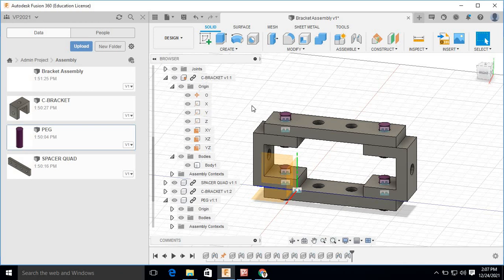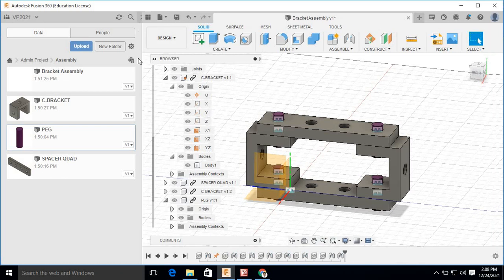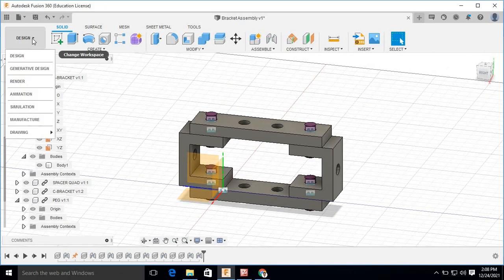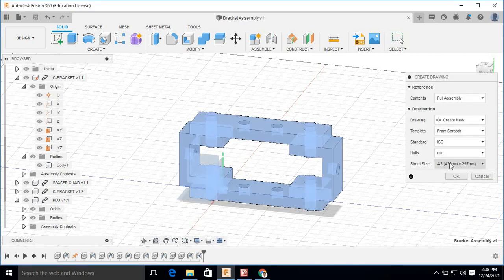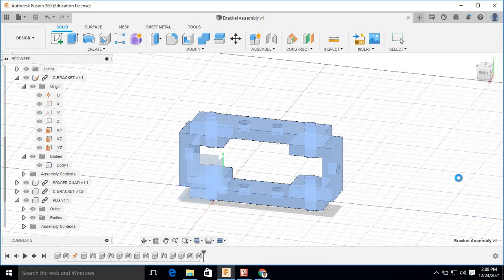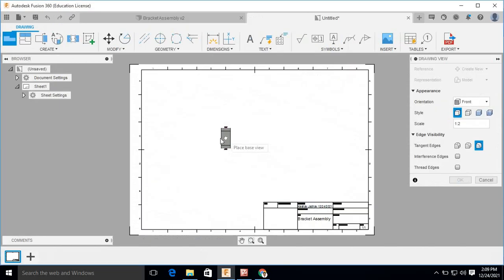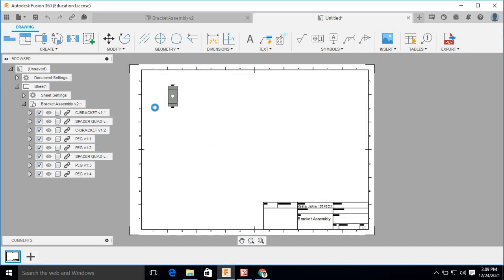Now we have to create its front view, top view, side view, and we have to create the bill of material for this. So let us close this and click on design, then drawing, and select from design. So here we will select A3 size sheet and all units will be in mm. So click OK. So we can see here this A3 sheet will open and we can place this base view here, then click OK.